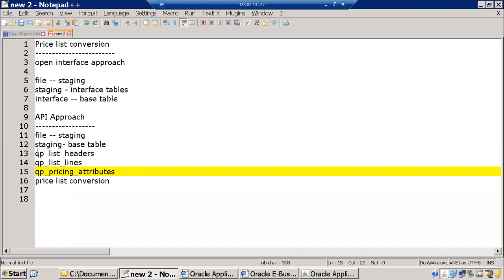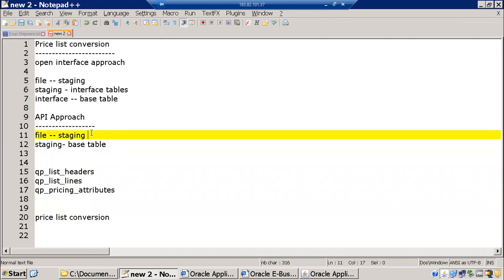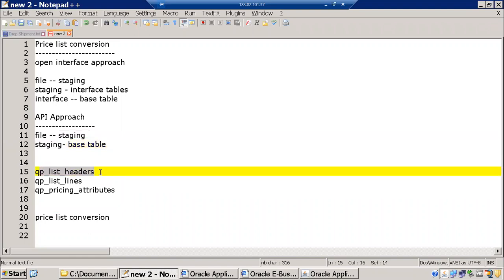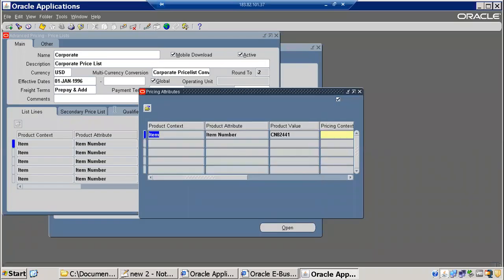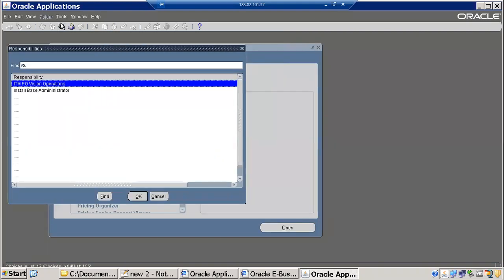Supplier base tables you are aware of because we already worked on them. Correct? Base tables, validations, API name or open interface name. You have to remember like that. Okay. Now, anyway, the staging table is a custom one that we'll create by referring to these base tables. Now, API name we don't know as of now. Correct. Then straight away you can go to your responsibility, that is Integrated